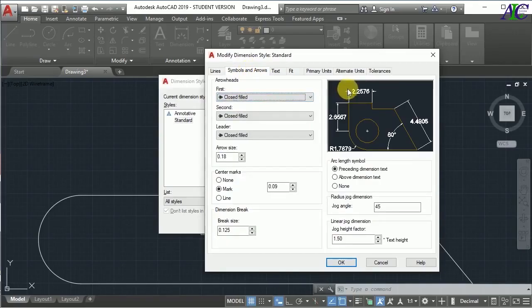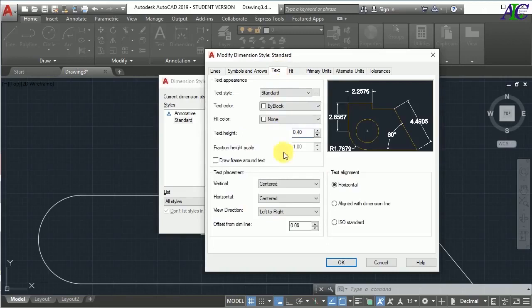This symbol, this is the first one, the second one, and then later if you want to change. And arrow size, I'm not going to change this arrow size if you want to change. And this is the setup for the text style, which kind of standard or annotated, text color, fill color or not, text height. Now I changed this text height,